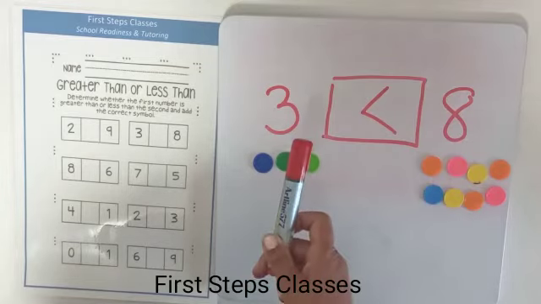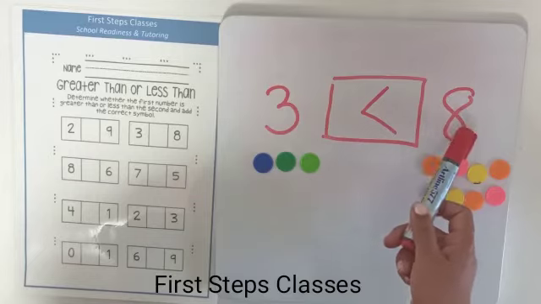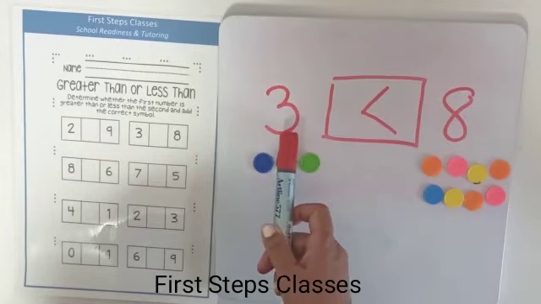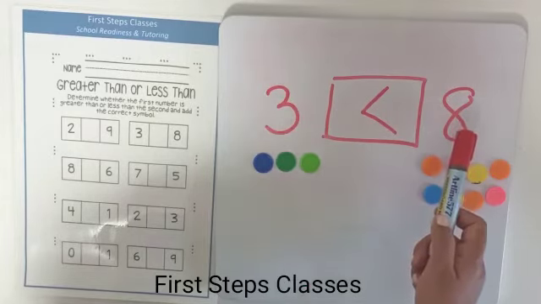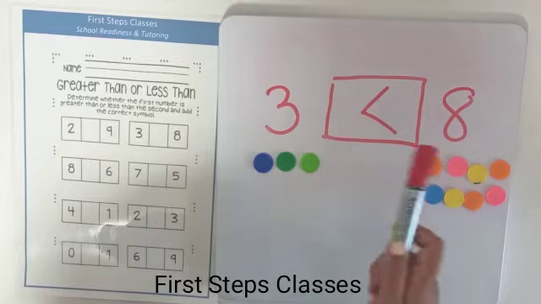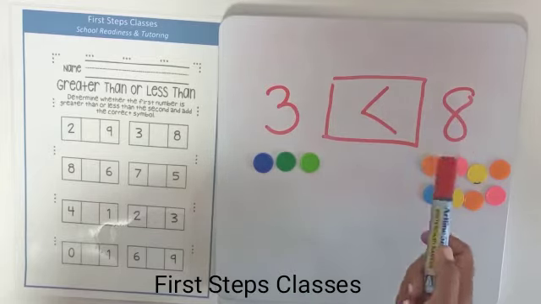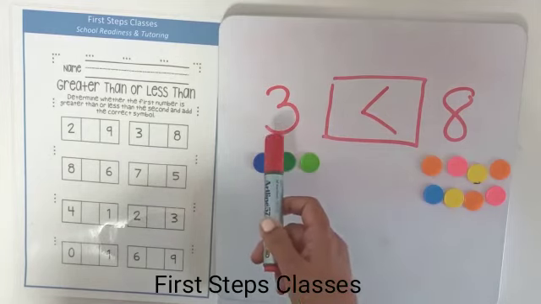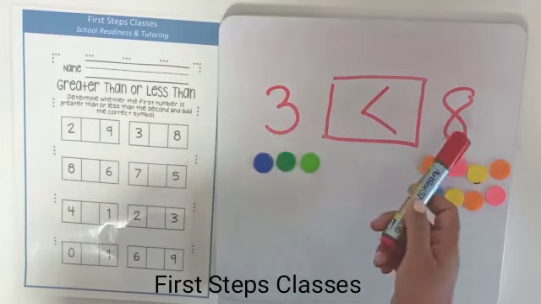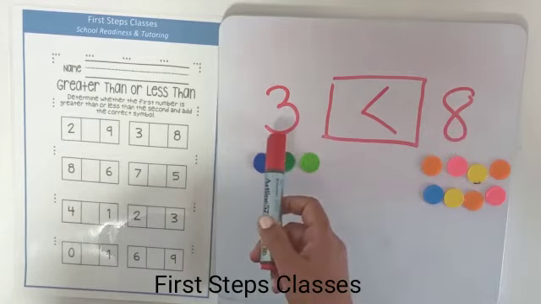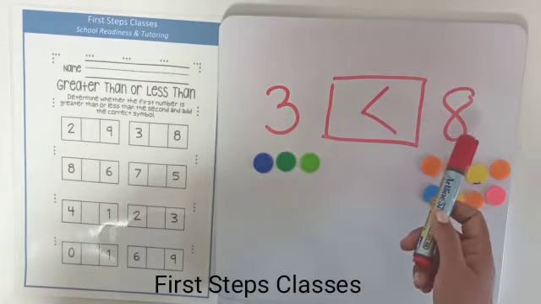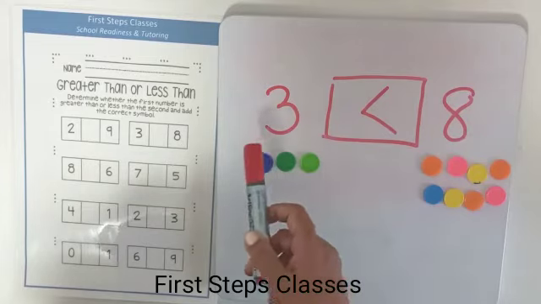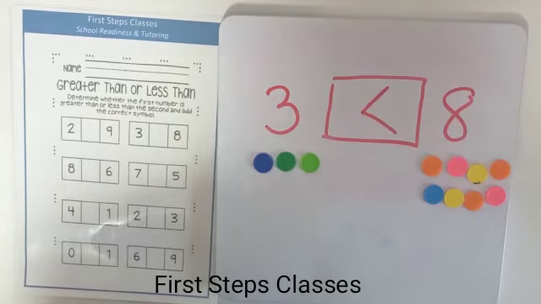Alright, so now we can say that 8 is greater than number 3 and 3 is less than number 8. The meaning remains the same. It is the way you are differentiating between the two numbers. If you are comparing between number 3 and 8, we can say number 3 is less than 8 and number 8 is greater than number 3. So it is one and the same.